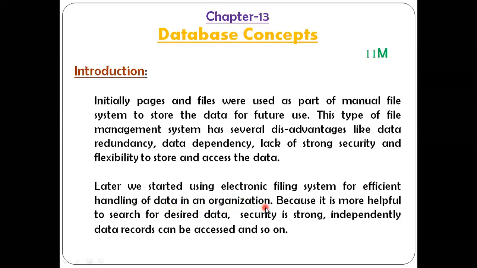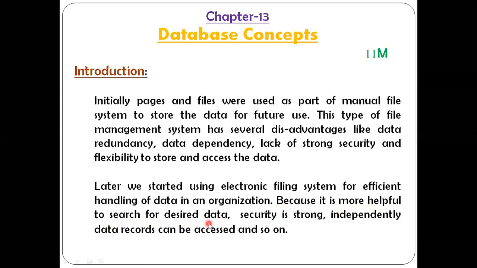The best example: among 300 or 500 students in a college, if you want to access some particular student's information, we just open the system, search for the name, and access it immediately. No need to take too much time. Within a few minutes, we can access the data present in the database, because it is more helpful to search for desired data.